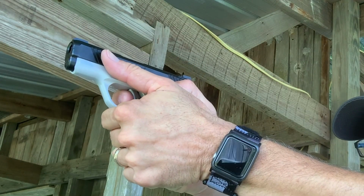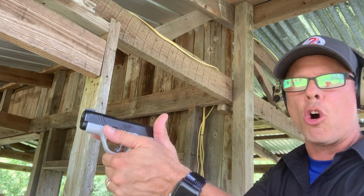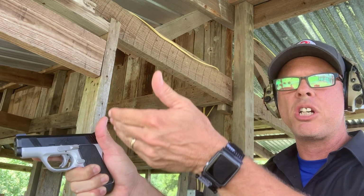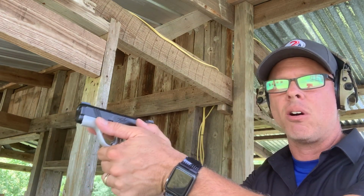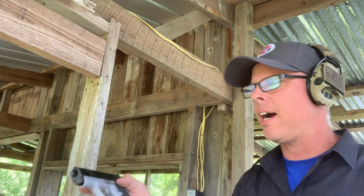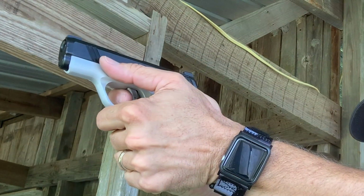In fact, if I was holding a full size, see where my thumb would be on a full size, so I have to kind of hold back a little bit, which is pushing my grip a little bit farther back, which means there's less hand on the actual pistol. So yeah, again, it's not flying out of my hand by any stretch, but you certainly notice that you're shooting